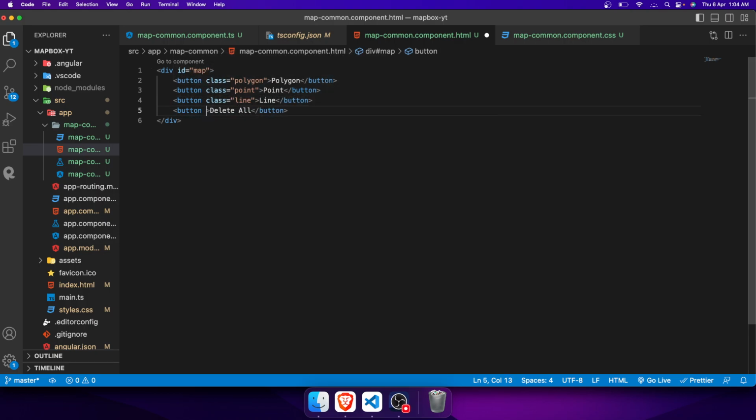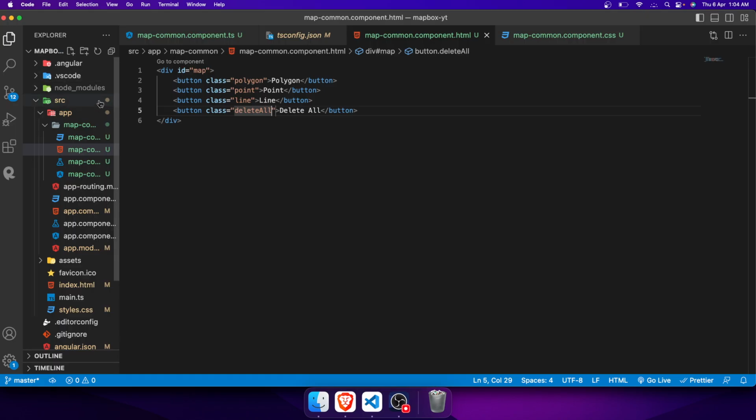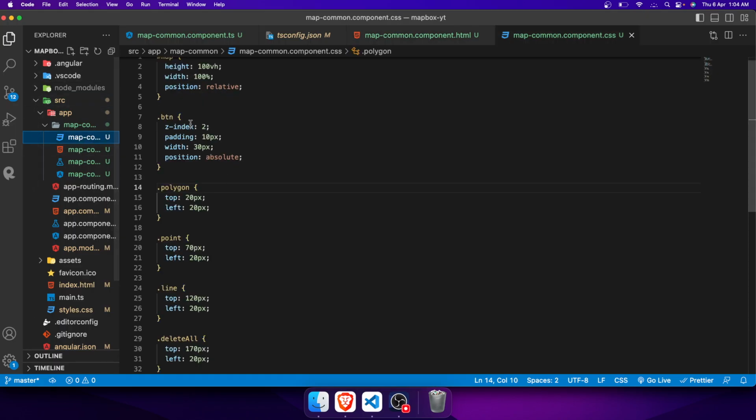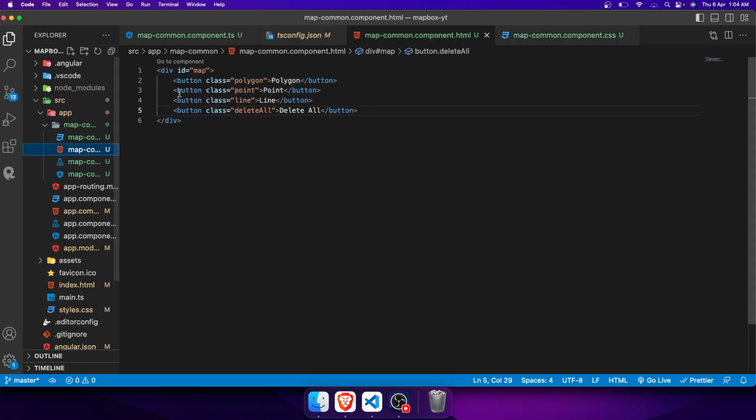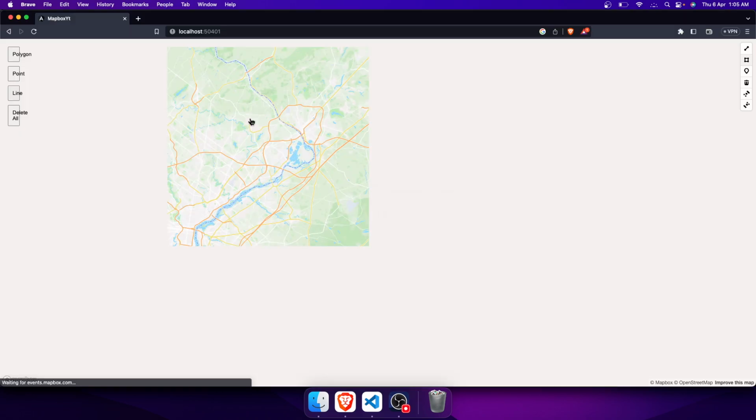Here we will add the class delete all, and we are not getting the classes here because we need to add one more class, this button class. This is the common class. This button class will work according to position absolute, and by adding this class we can get our expected outcome. Yeah,